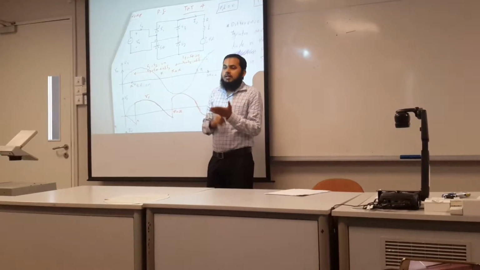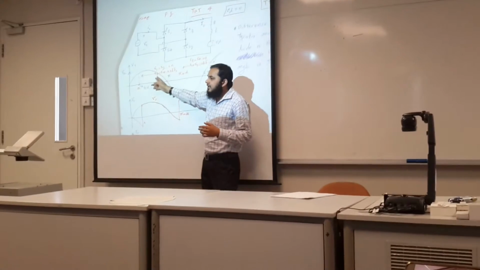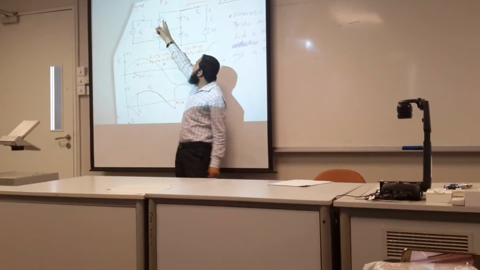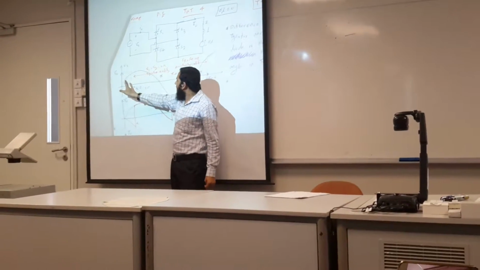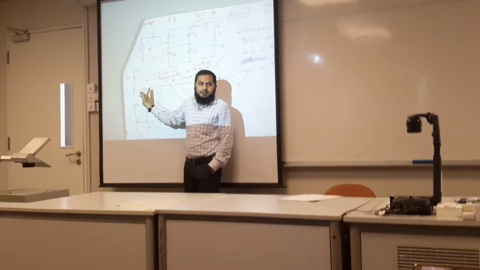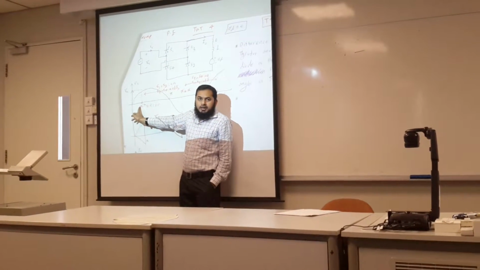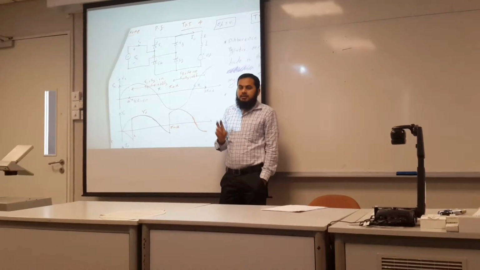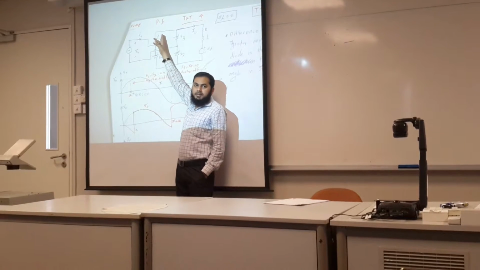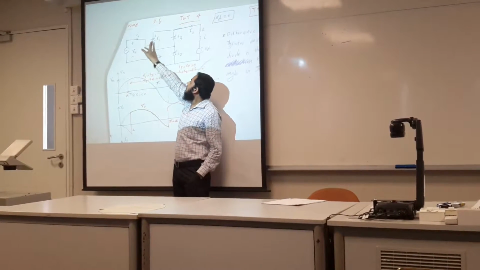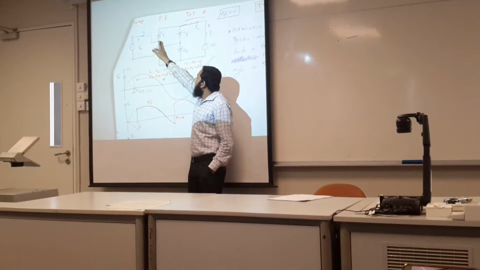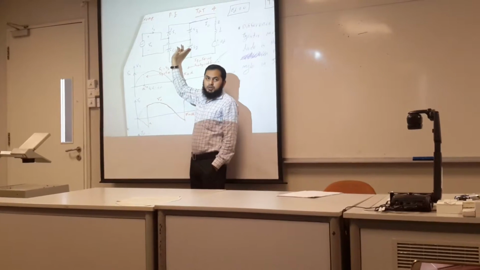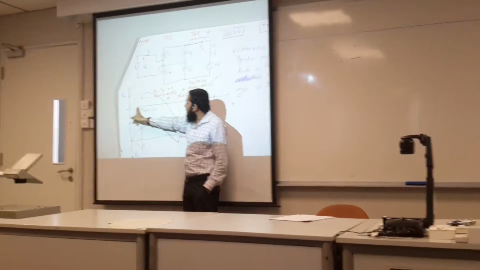Okay. So for this positive cycle, S1 and S2 will be forward biased. We have seen in the previous case, D1 and D2 were forward biased for the positive cycle, and D3 and D4 were forward biased in the negative cycle. But again here, it is forward biased, but the firing signal is not present. Since the signal is not present, it will not be on. Once the signal is present, S1 S2 is on. Okay. So S1 S2 is on at alpha.